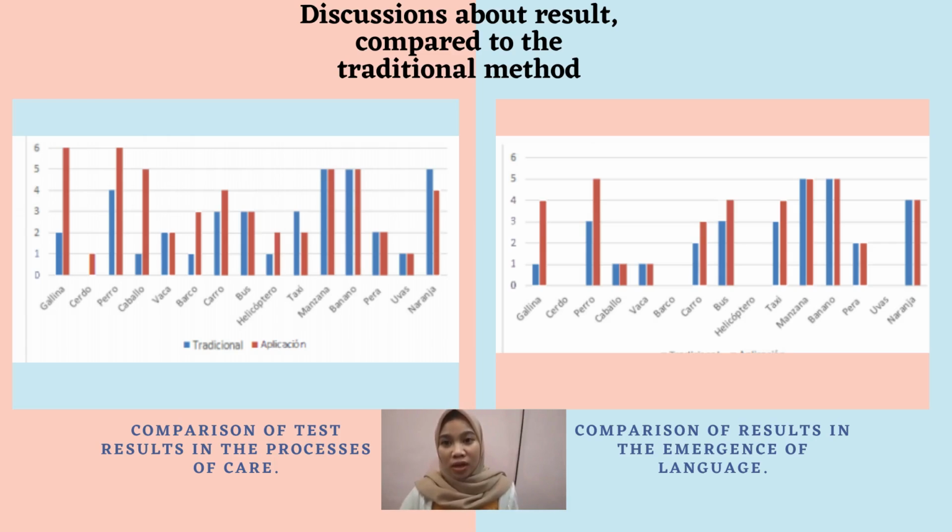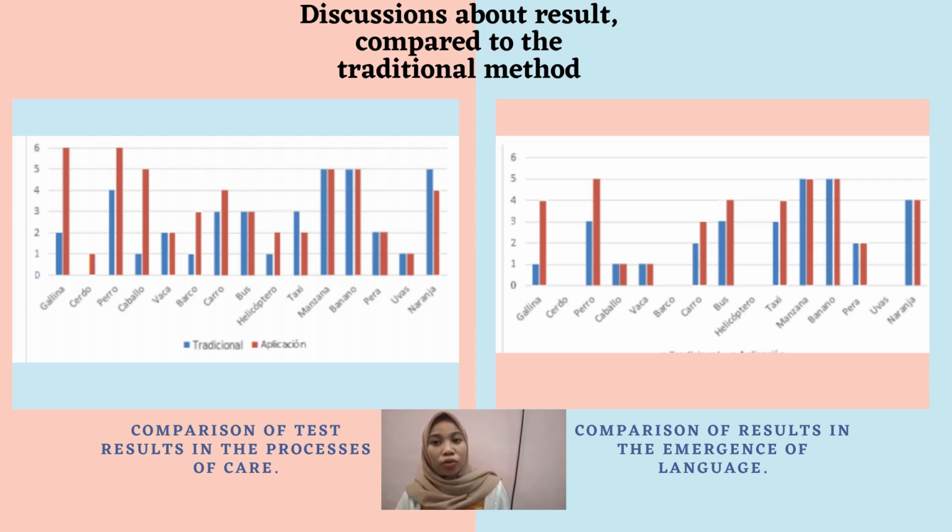Discussion about result compared to the traditional method. In this paper, they test between traditional therapy and application therapy. There are 6 children who were sampled, at the age of 3 to 9 years old, with categories fruits, animal, and transportation. In these diagrams, it only shows 2 categories, animals and transportation, because in the fruits category, there is no